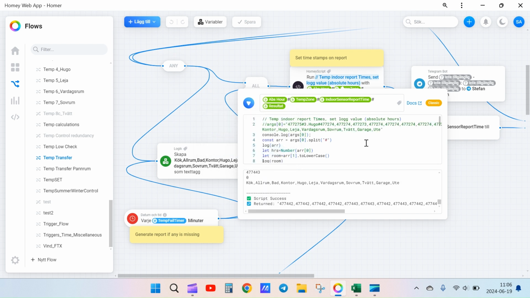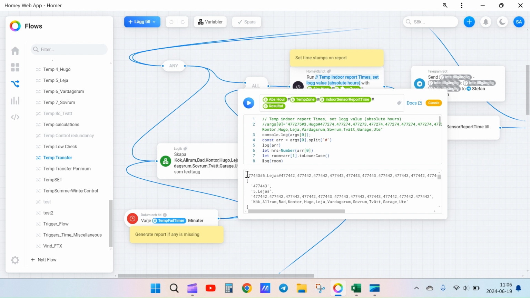If I run this, you can see that the last reported one is still in here, so it's called Leia's room. It's my daughter's room, which actually is not, because she moved to Stockholm. But anyway,